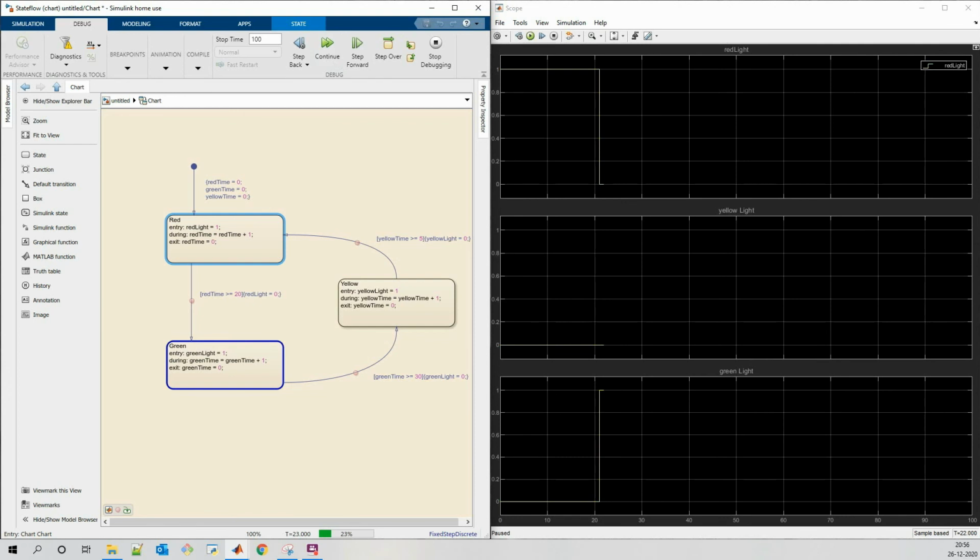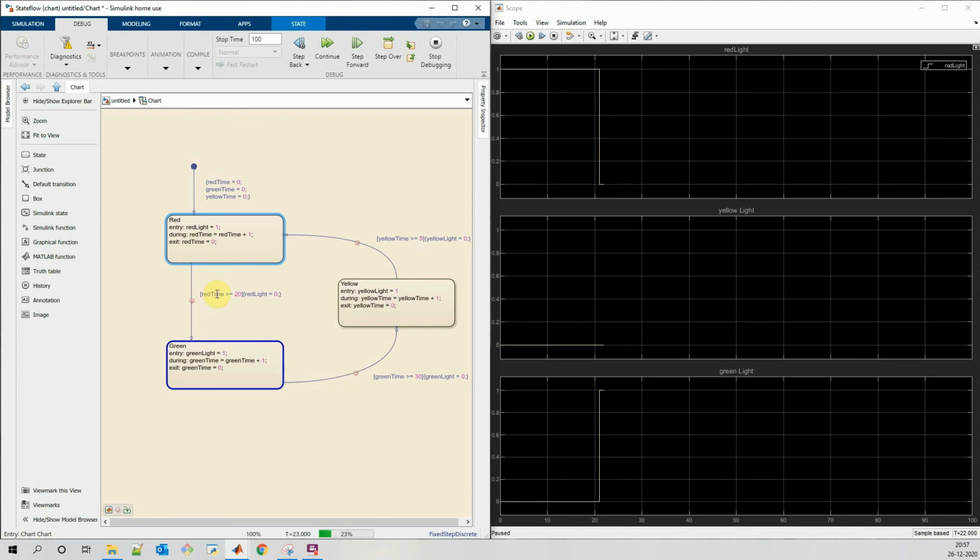So again, to summarize, when we start our simulation, these conditions will get initialized. Then the simulation control enters into the red state, and whatever we have written in entry gets executed first. After entry, the state flow checks for the exit condition.